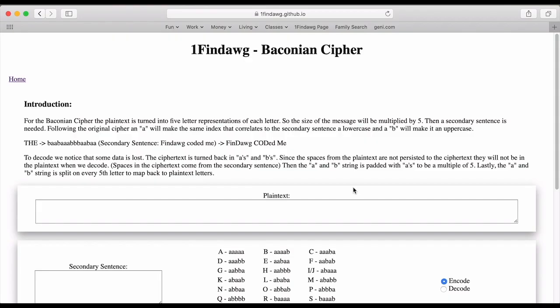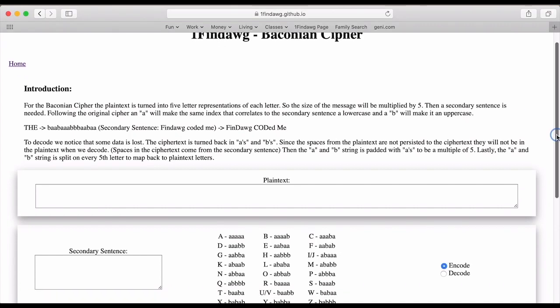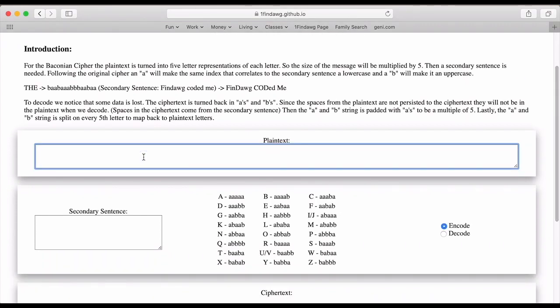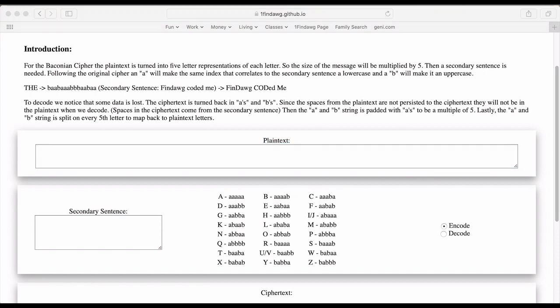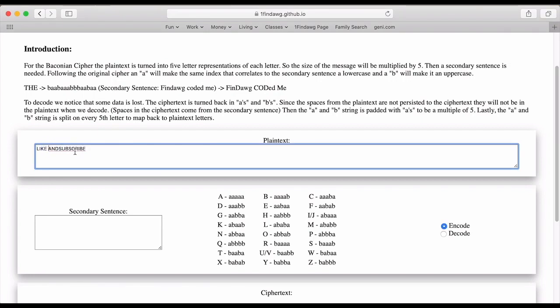Back, everyone. This is going to be the Baconian Cipher. So the idea of the Baconian Cipher is that you enter your plain text, and then you actually add a secondary text which will actually be seen. So for instance, if I add like and subscribe as my plain text,